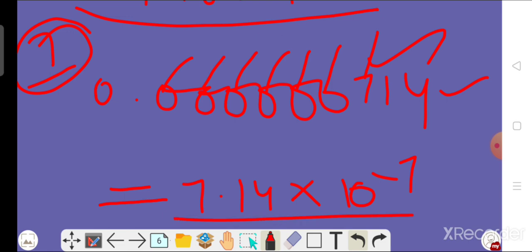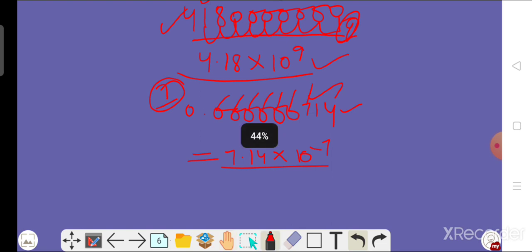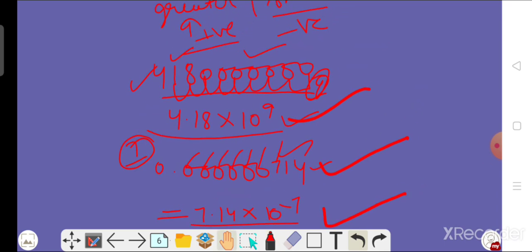Okay. So in case of a positive greater number, we have to take a positive exponent. In case of a smaller number, we have to take a negative exponent. So this is the representation of smaller or greater numbers in scientific notation. The second exercise of your chapter two is based on scientific notation, and this is the way by which you can solve the questions of the second exercise.